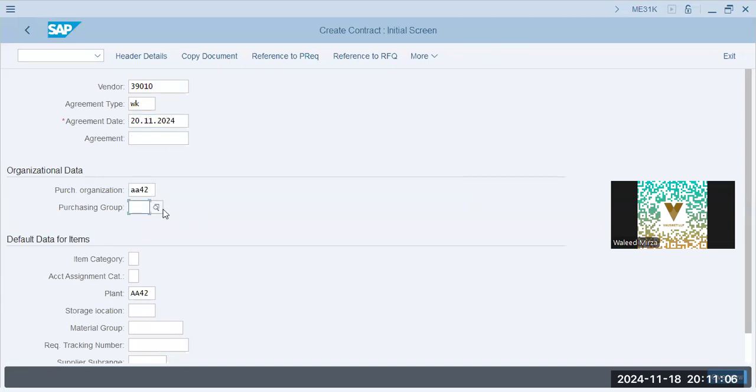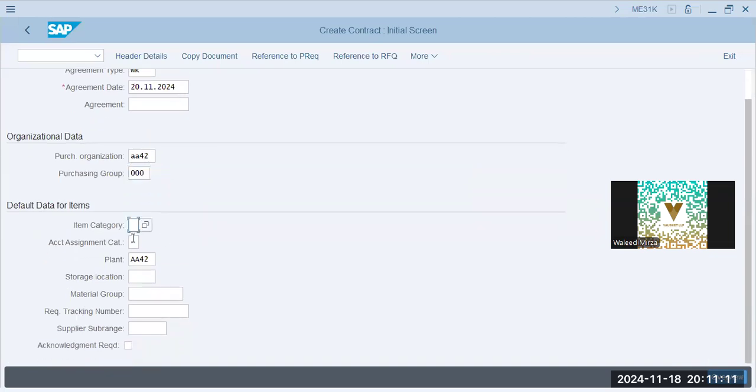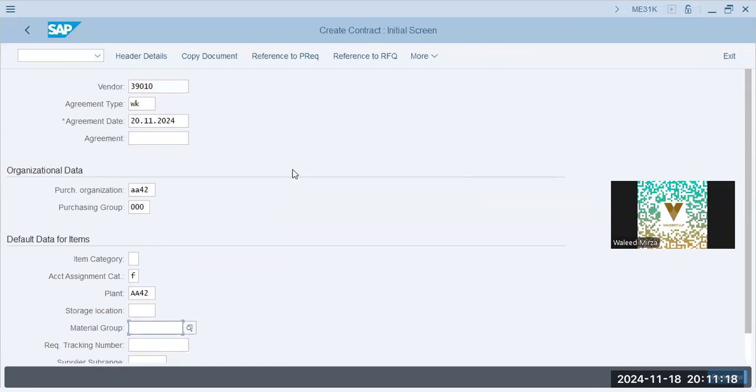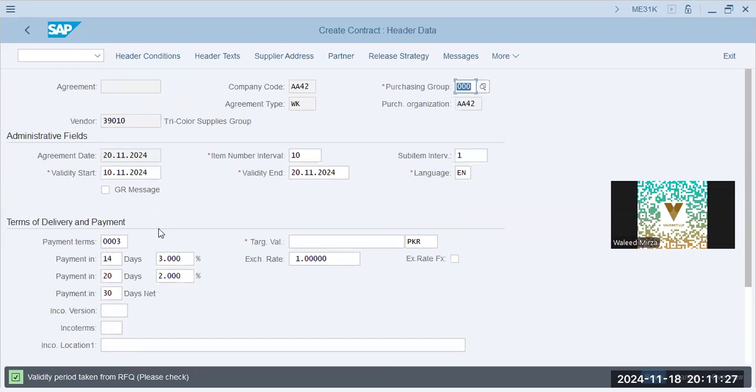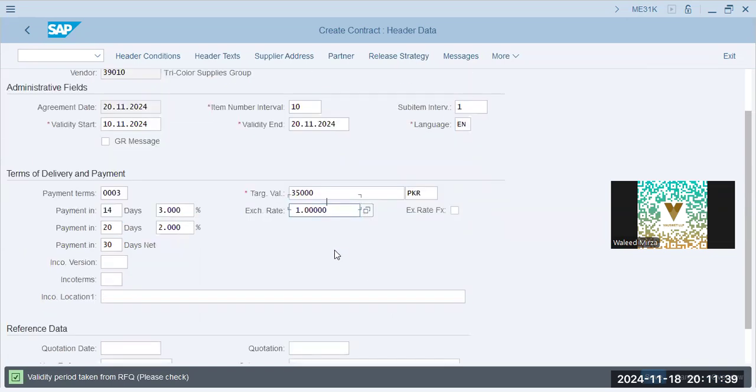Purchase AA42 purchasing. Okay. Item category, and this is F. F is for order. Okay. And reference to RFQ. Okay. RFQ 6011. Okay. Validity start, validity end, payment terms, everything is there. Target value 35,000. Exchange rate is 1. Okay. And